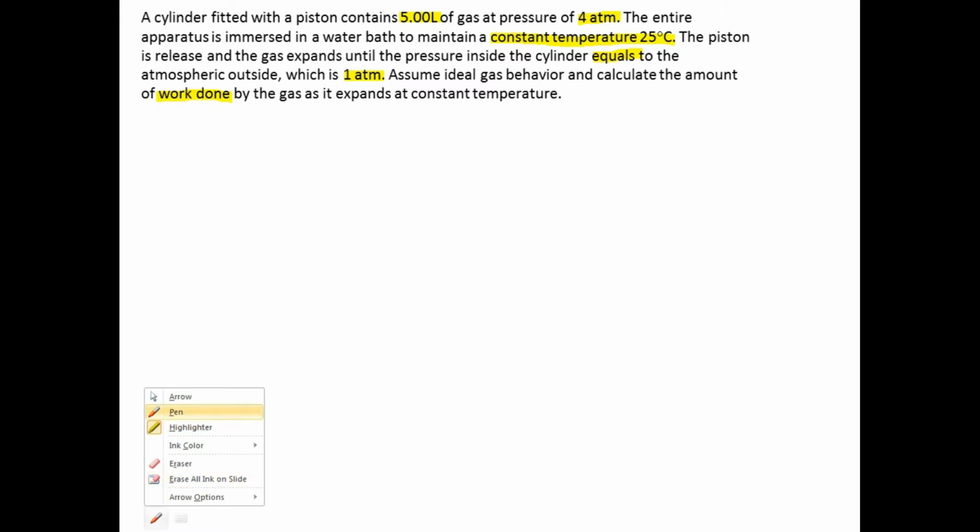So, that means this is V, this is P1, this is an isothermal process at 25 degrees Celsius. T equals, this means that this is the reversible process, which is 1 atm. This is P2,